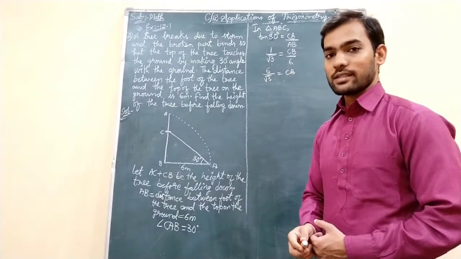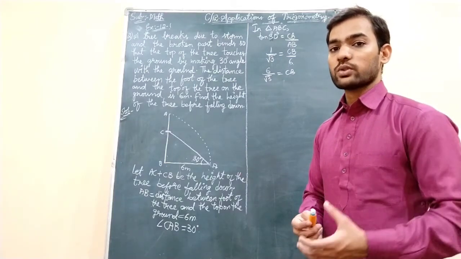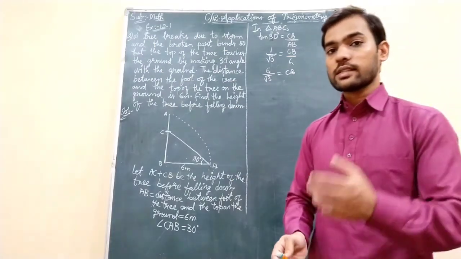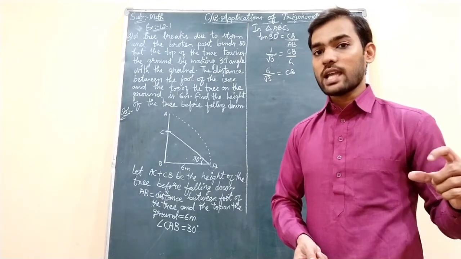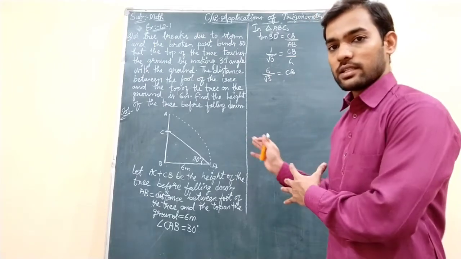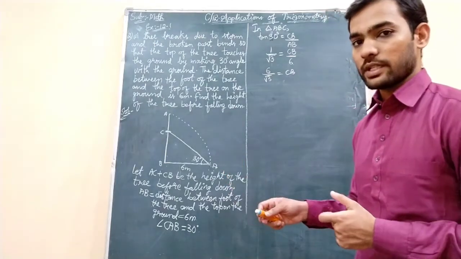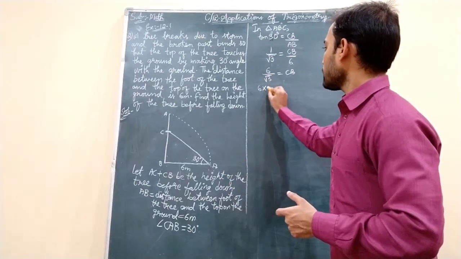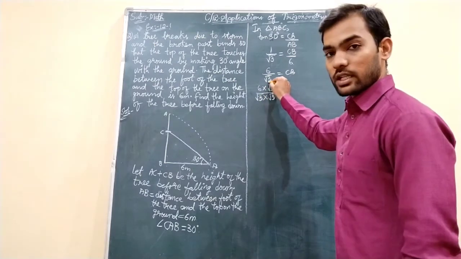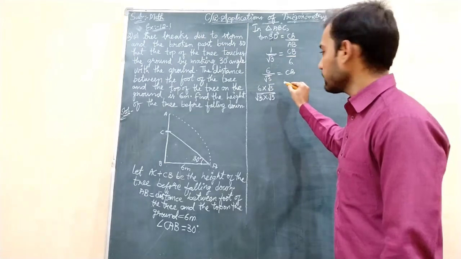As we have learned in earlier classes, there should not be an irrational number in the denominator. So how to remove this? We have to do the rationalizing. As we have seen in exercise 11.4, when you have 1 minus sine A, you used to multiply numerator and denominator with 1 plus sine A. Whereas here it is nothing like that, only one number is there. So with that particular number only you need to multiply numerator as well as denominator. So this will be 6 into root 3 by root 3 into root 3. Whatever number is there in the denominator, with that only you need to multiply numerator as well as denominator. Okay, like that rationalizing we will do.